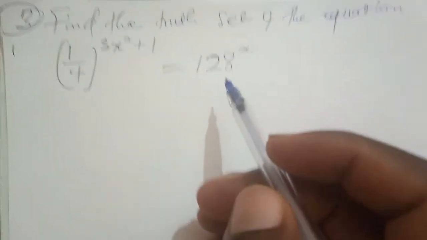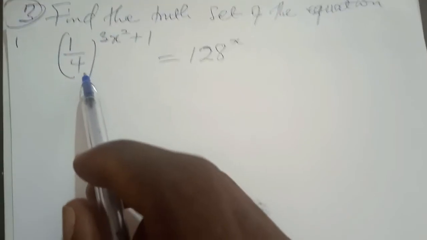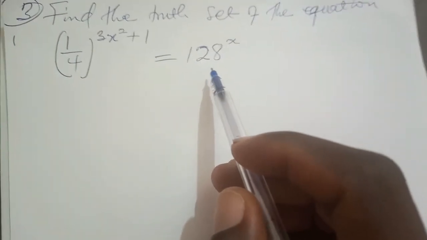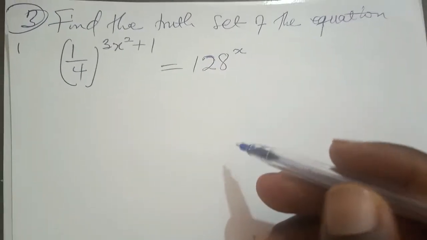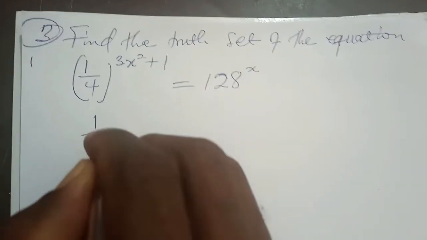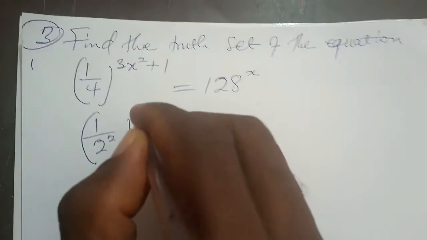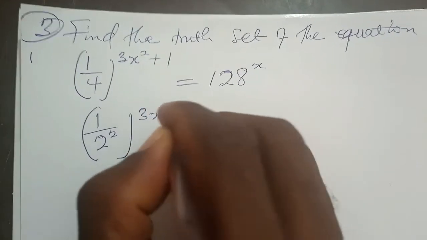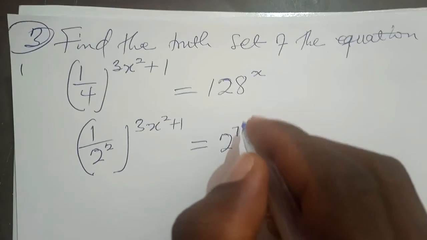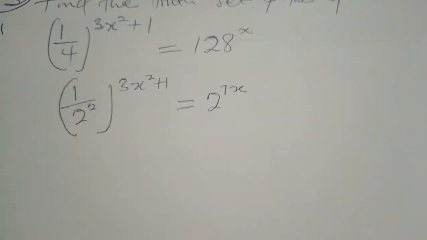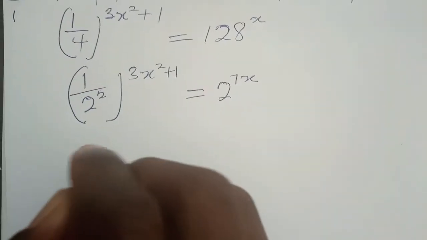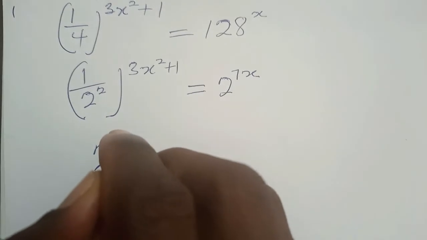And that is possible because 1 over 4 is 2 to the power -2. The 4 is 2 squared, and the 128 is 2 exponent 7. It means our equation now becomes (1/2²)^(3x²+1) = (2^7)^x. Good. By one of the laws of indices, this will give us 2 exponent -2